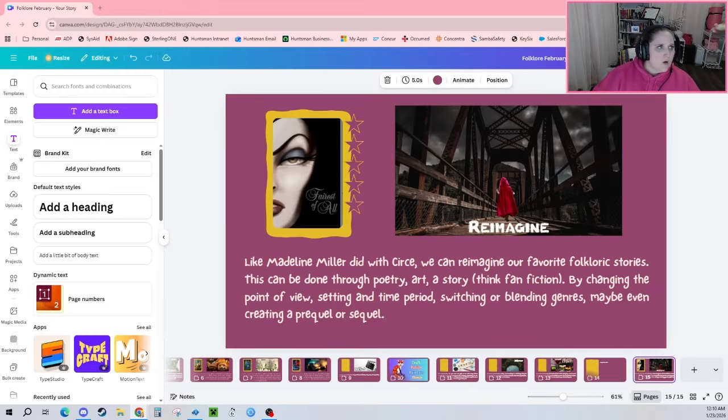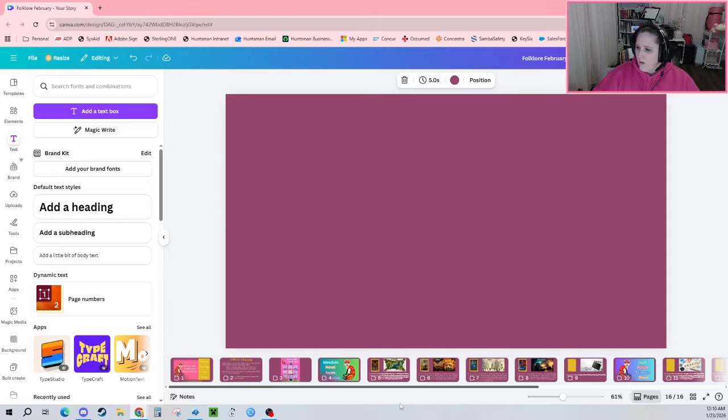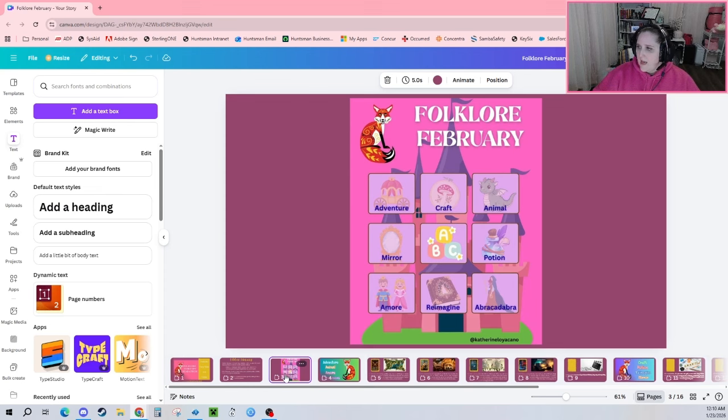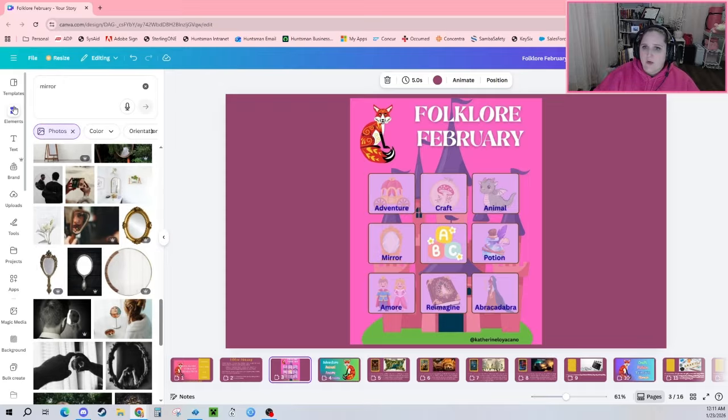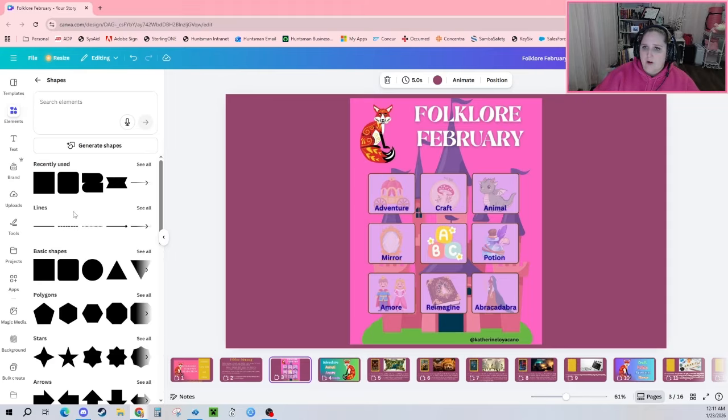I have done all the things I planned on doing with the exception of the ABC adventure, which is going to be here in a second. Here's where I am conflicted. I could turn this just into a fun thing and be like, these are the things that we're doing. But I usually like to use bingo cards where I put the cover in there. And I don't know that that's going to work because the covers won't fit. So if I go in here and grab a frame, for instance,